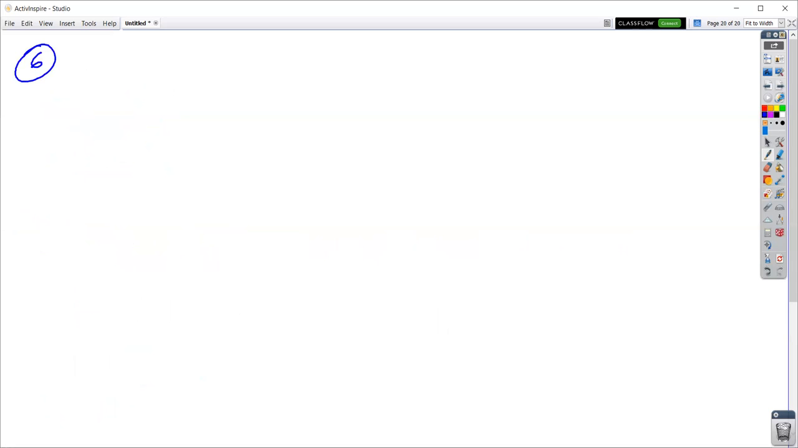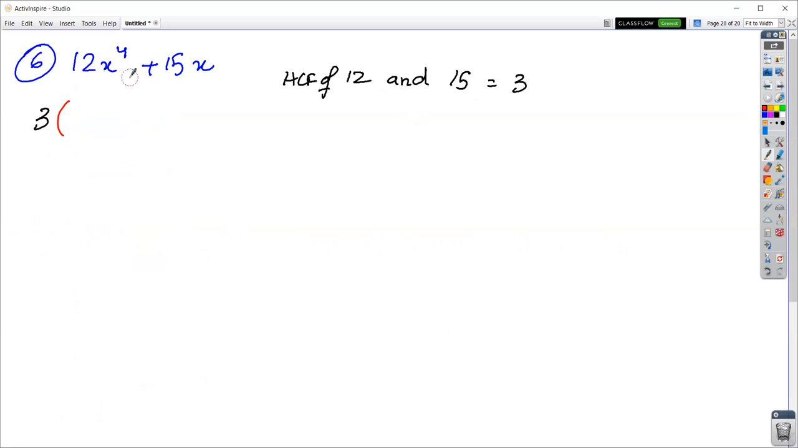Okay, going on to the sixth one, we are having 12x power 4 plus 15x. I'm going to start with the numbers first. I'm going to write down on the side what's the highest common factor of 12 and 15. So the highest common factor of 12 and 15 is 3. So you're going to take 3 outside the bracket, and then you're going to check what you would get inside the bracket. So how many 3s make 12 would be 4x power 4, plus how many 3s make 15 is 5, and